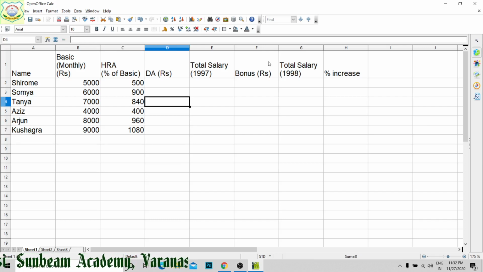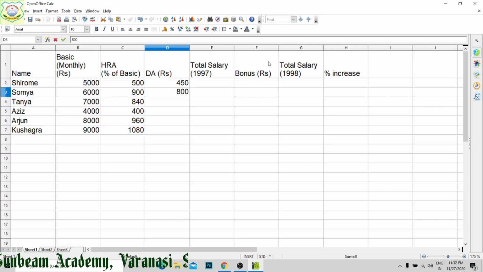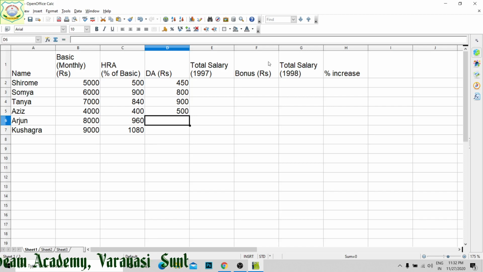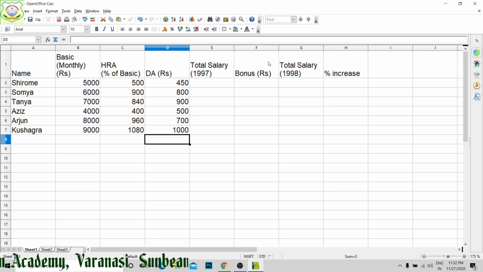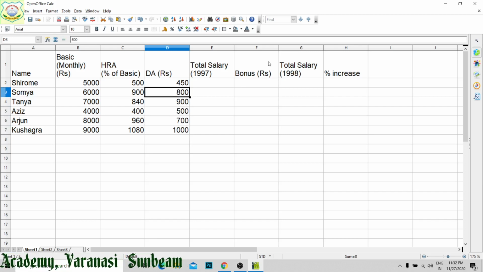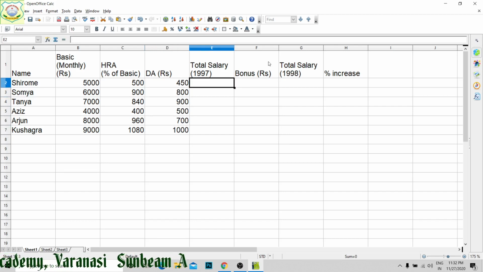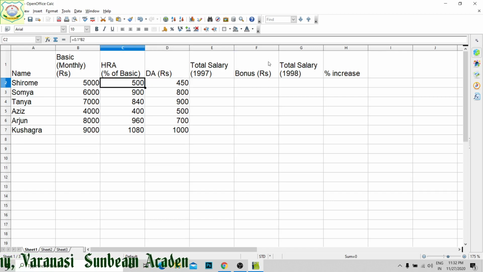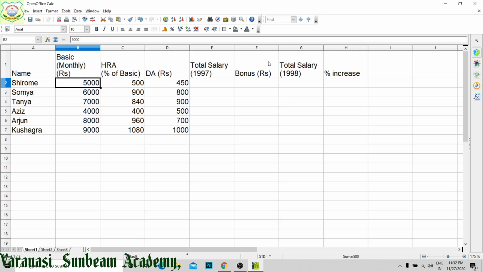Then DA is given here 450 rupees, this is given 800 rupees, this is given 900, 500, 700, 1000. Now it is telling you to find out total salary of 1997, means the complete year salary we have to find out. So this is monthly salary, this is monthly HRA and monthly DA, means this is for 1 month.